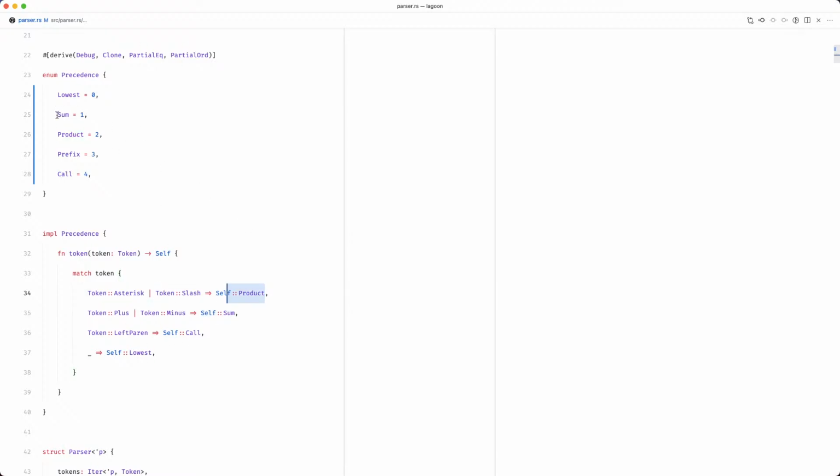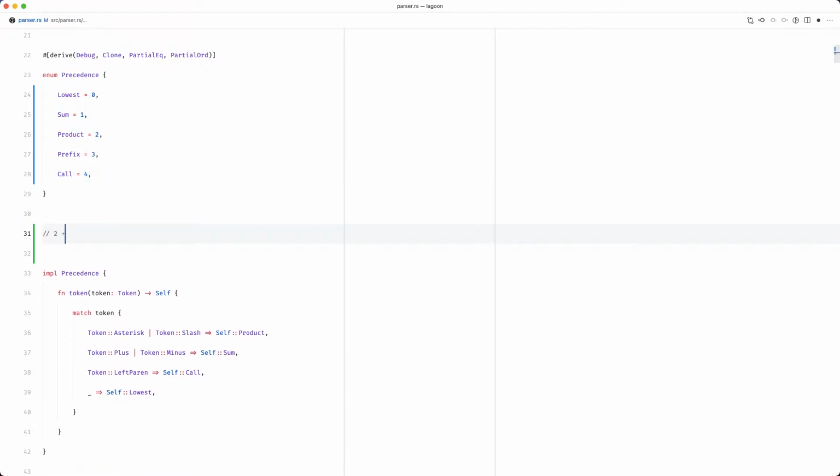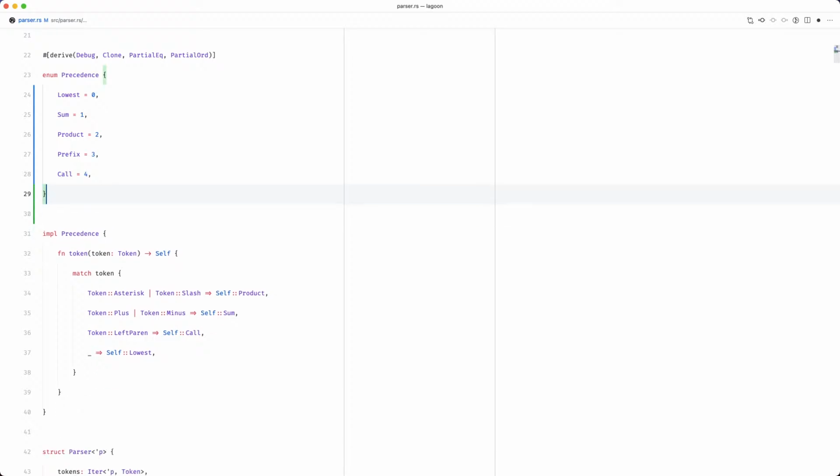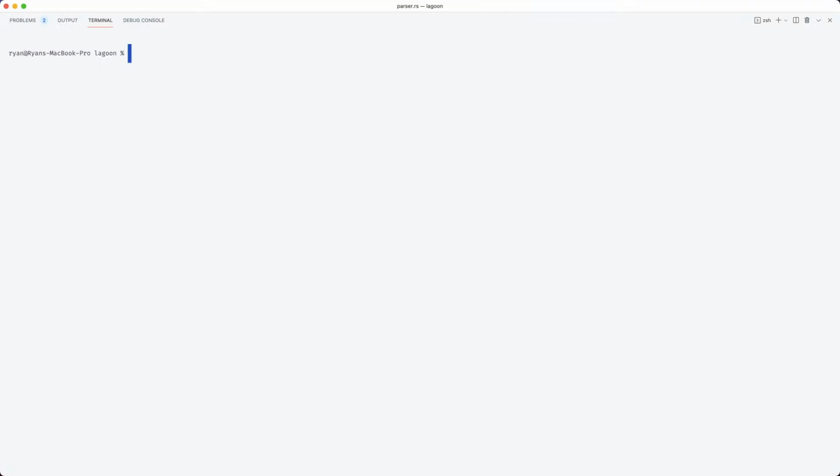And because the sum is less than the product, when we get to something like 2 plus 3 times 4, the plus has a lower precedence than the multiplication. So that means all of this is figured out first, this is parsed first, and then we use that with that. Hopefully that makes a little bit of sense.